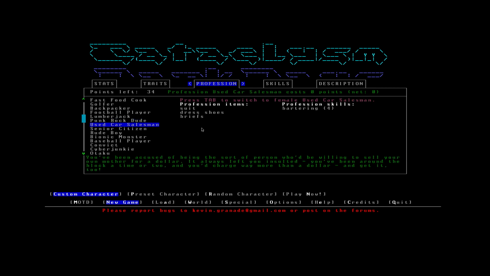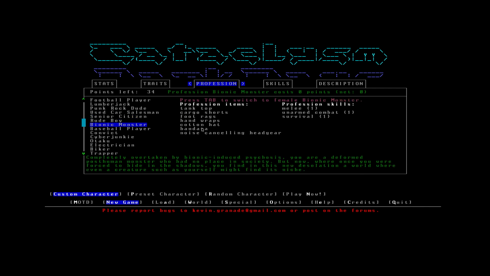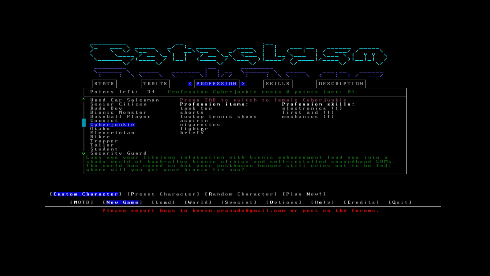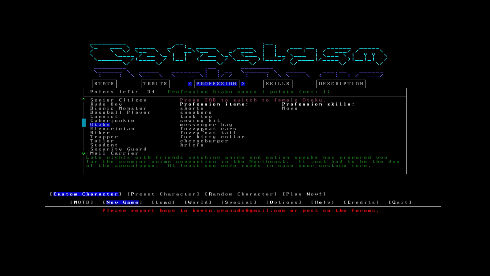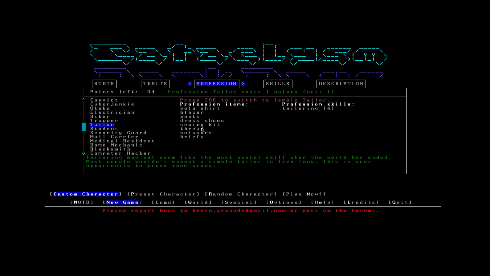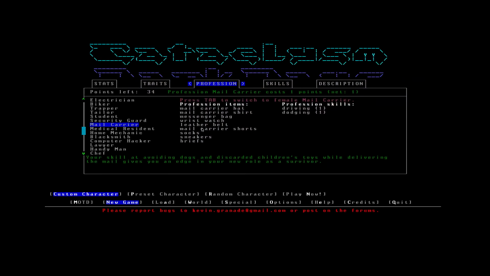Wonder if they missed that. Used car salesman. Bartering +4. Bartering's kind of useless though. Senior citizen. Rude boy. Sonic monster. Convict. There's so many of these that are actually cheap. Cyber Junkie. Huh. Electrician. Biker. These starting things are actually pretty good now. They used to be not really worth it. Still, I don't think I'll pick any, but...